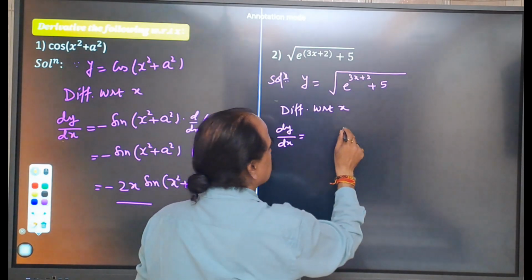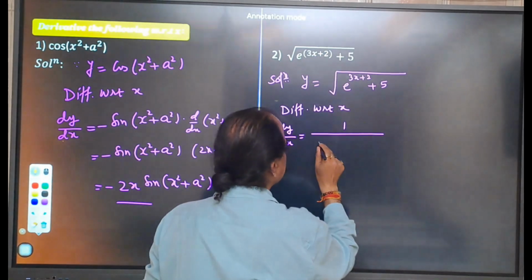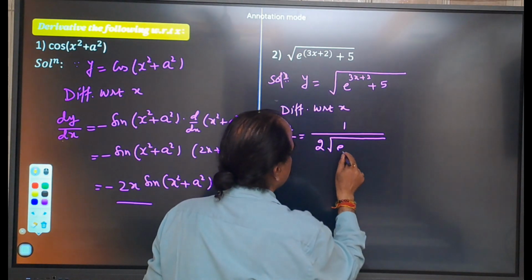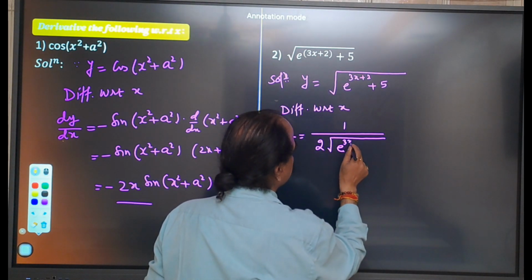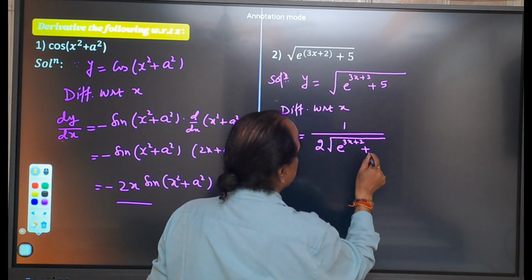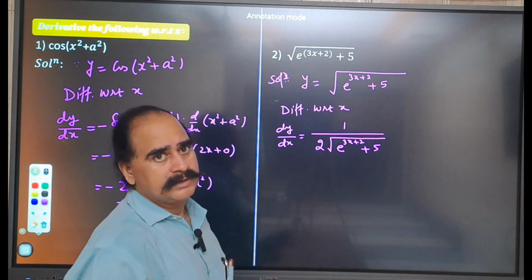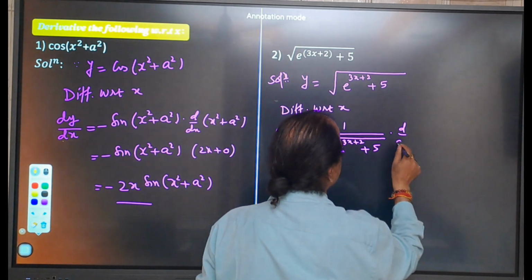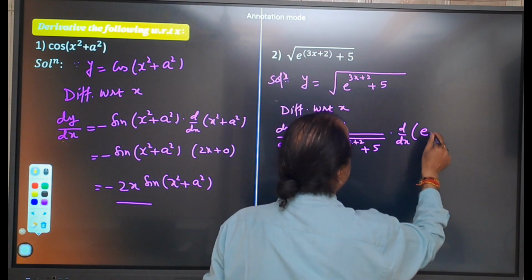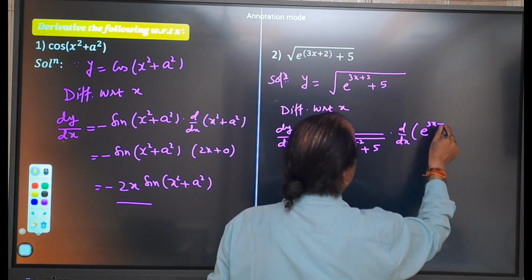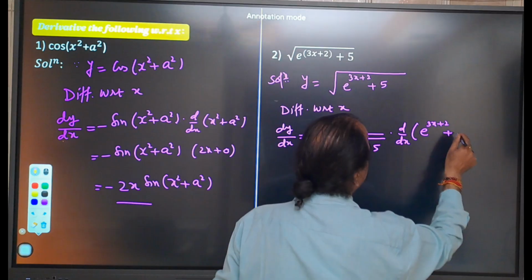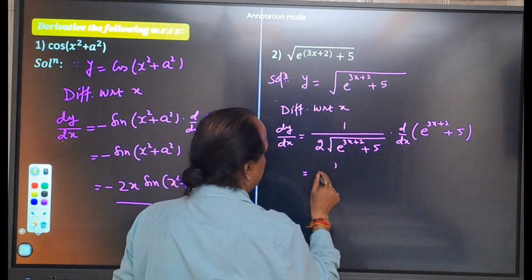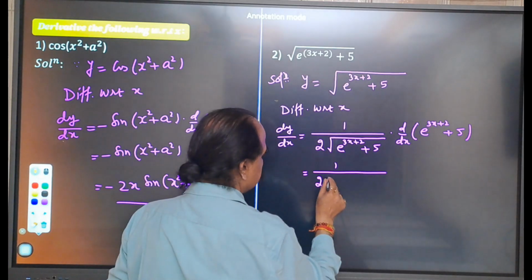Derivative of root is what? 1 upon 2 root (e raised to 3x plus 2 plus 5). This is derivative of root into derivative of inside function. Plus 5, 1 upon 2 root